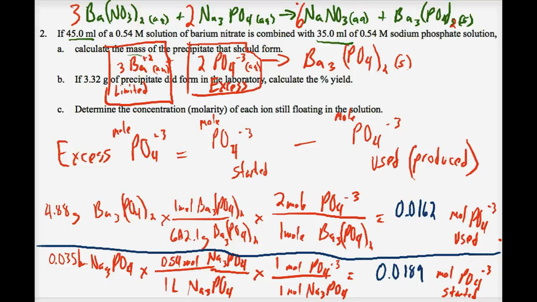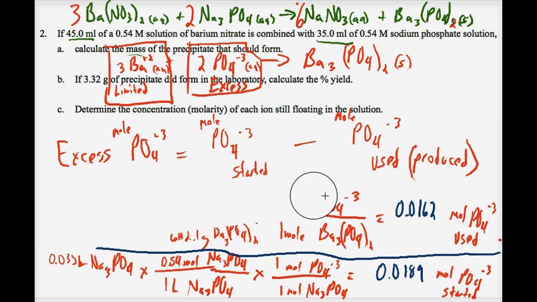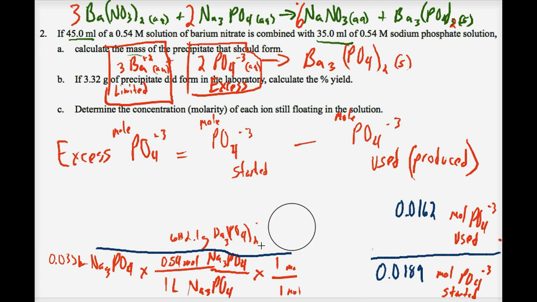Okay, first, do those numbers make sense? What I mean by that is, we started with a bigger number and we used a smaller number. Okay, that makes sense. We used a great portion of our phosphate, but it was still in excess nonetheless. So, leaving that information up,